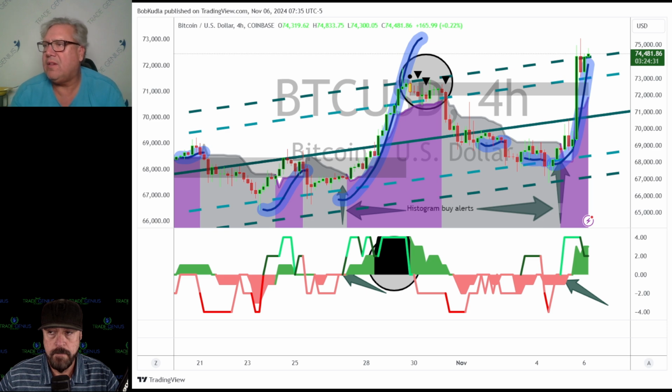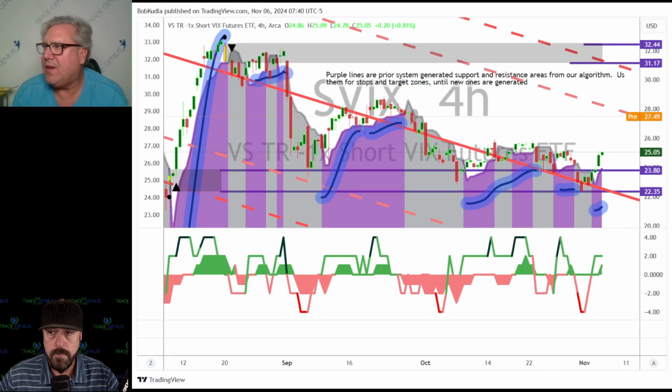If you notice here, this is SVIX, and SVIX here is flashing a buy. Again, this was pre-market this morning. These are all the trades we're in too, guys. I mean, we're making money left and right off this signal. It's just awesome. It pushed up, and now the area that I'm interested in taking profit on this